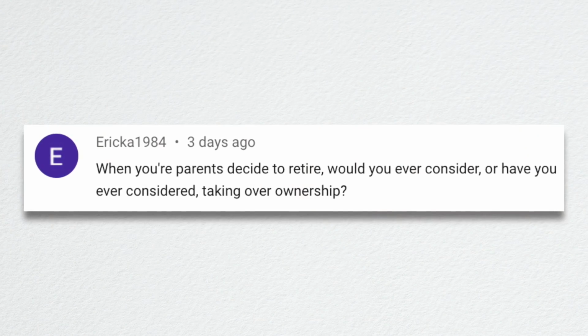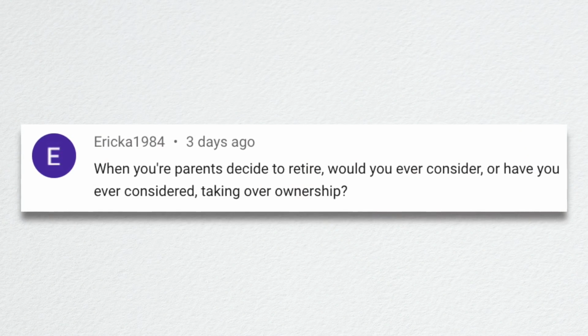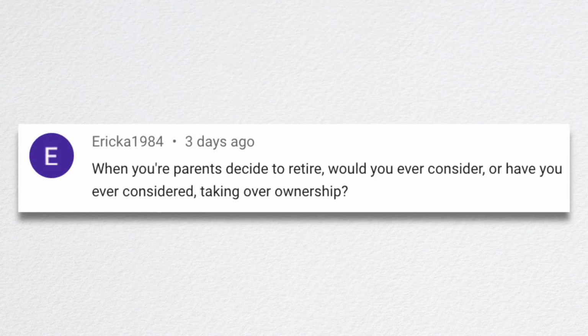Erica said, when your parents decide to retire, have you ever considered taking over ownership? Nope. It's funny, because so many people think that when I work down there, I have the dream job, just working with plants and beauty and all that. It is so much more than that, and it's such hard work, and it's so seasonal, and so weather driven, and so